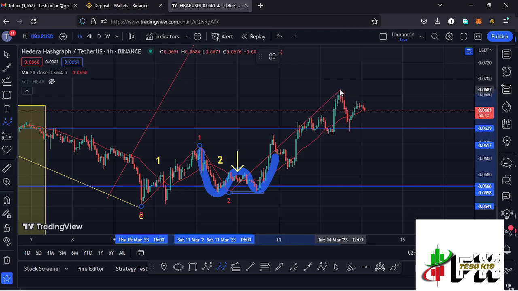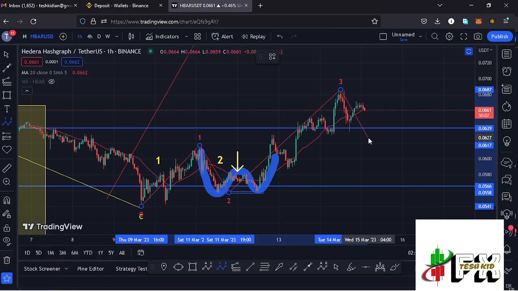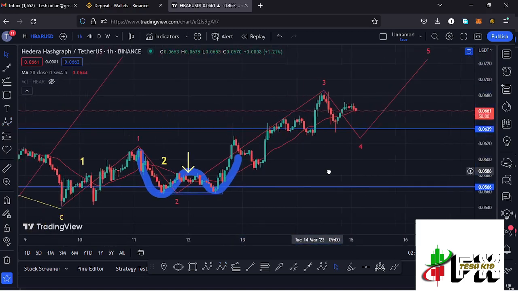$0.0687 mark. And there are chances that whatever we are seeing over here is the formation of this wave 4, and once we see the low for that fourth wave, then we can expect another massive bounce to the upside in the formation of that wave 5, and getting to see whether the wave 3 has done the minimum